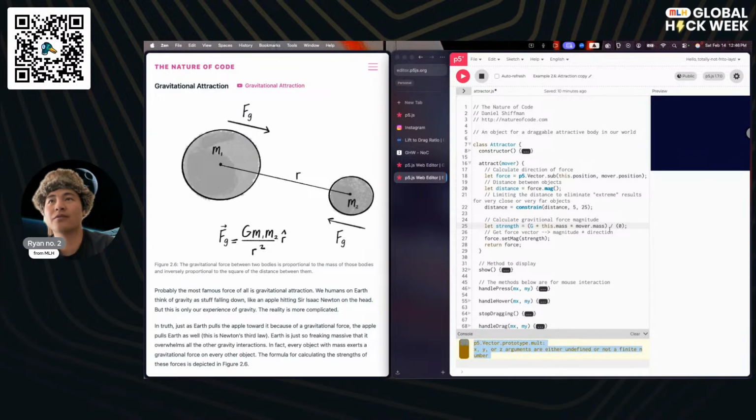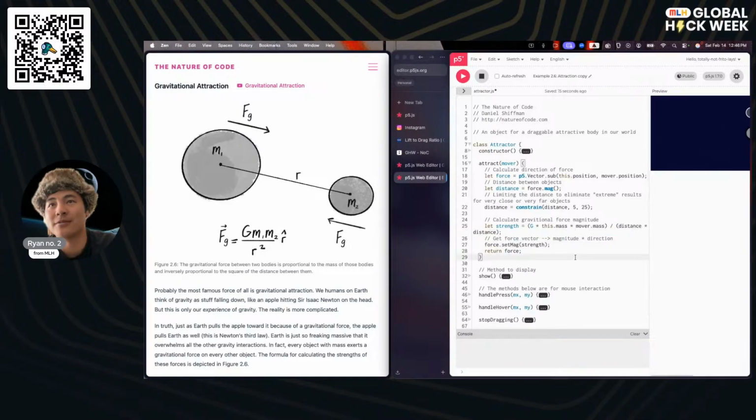So we get an error over here, but technically speaking, this still runs, which is really interesting. I'm guessing that the P5 library had something built in to handle the case of a divide by zero error, and it just rounded up to a very large number.